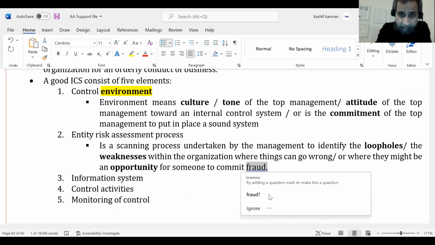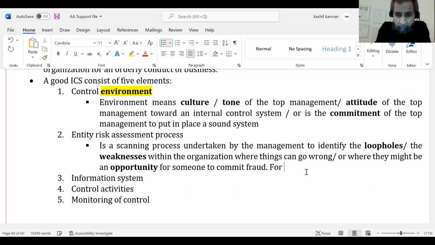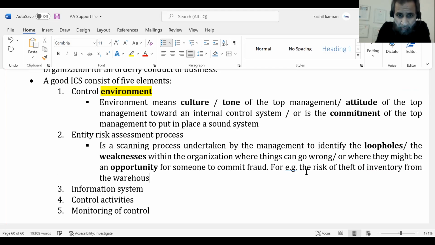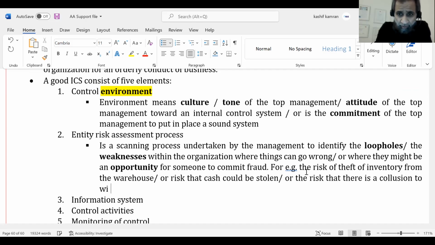For example, the risk of theft of inventory from the warehouse, or the risk that cash could be stolen, or a risk that there is a collusion to window dress the financial statements,